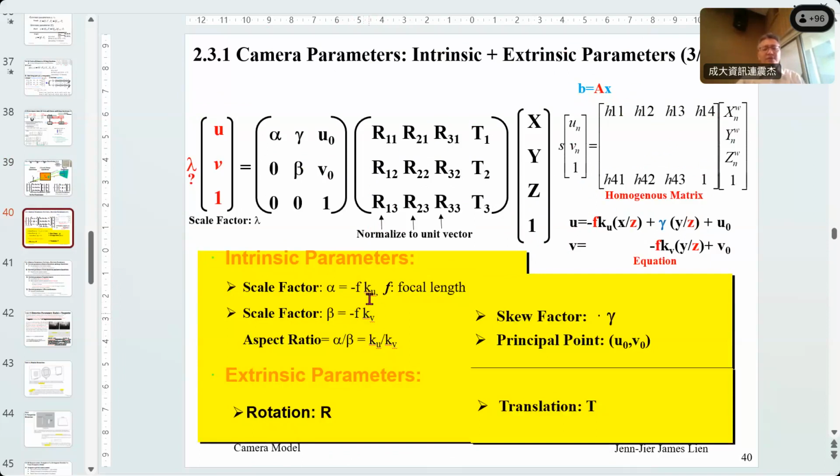And what's Ku and Kv? Ku, Kv we call the aspect ratio. What's the aspect ratio? It means in the sensor, the CMOS sensor, for each cell, what's the ratio between W and H? 就长宽比啊。那 usually 长宽比是 1:1，你的 cell 的长宽比 ratio always 1:1，不然你出来会变形。So the ratio Ku and Kv we call the aspect ratio. Usually this here is 1. So 1 means alpha and beta equal the focal length. 就你把 alpha beta 当成 focal length 这样子。